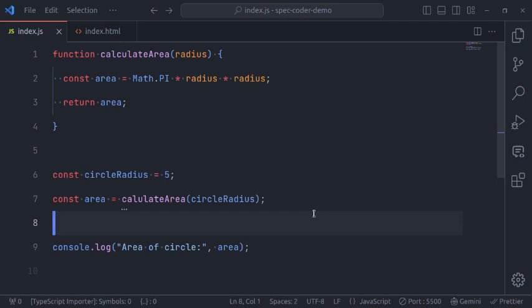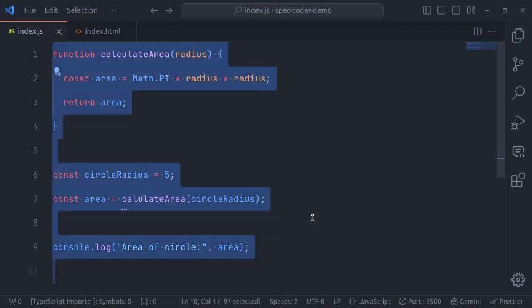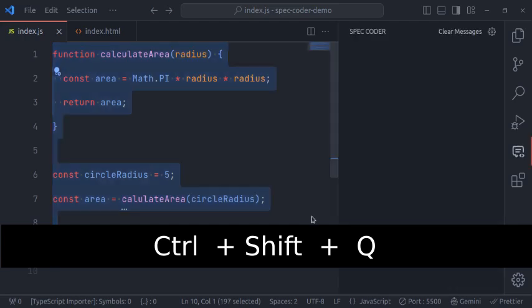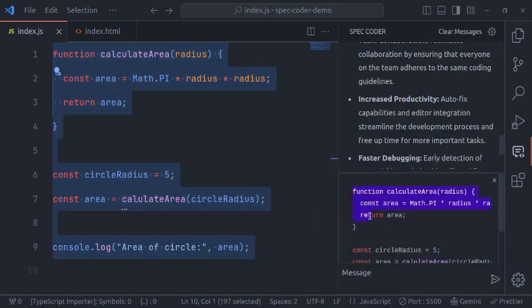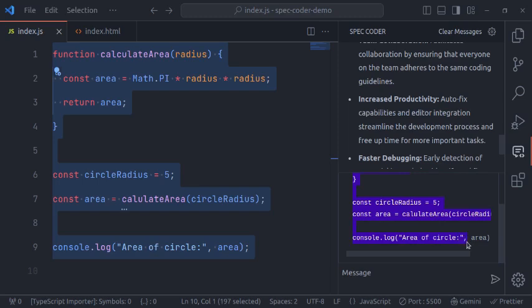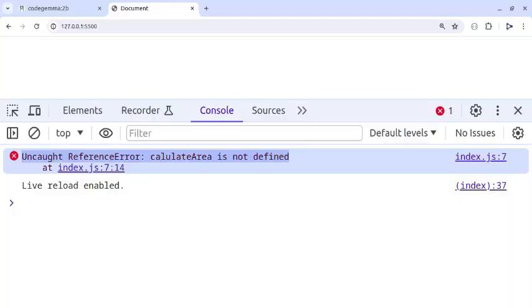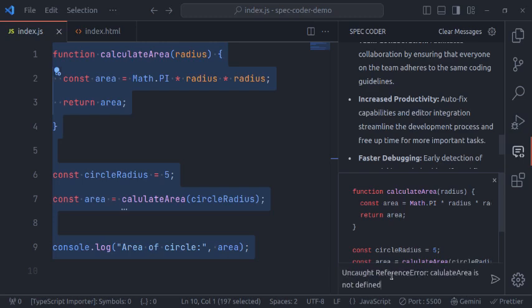So what we can do, ask this to AI to find and fix the error. So let's copy this and press the key Ctrl+Shift+Q, and right here you can see this is the selected code, and in this chat we can ask anything about this code. So let's say we want to ask about this error, so copy this, let's paste this error